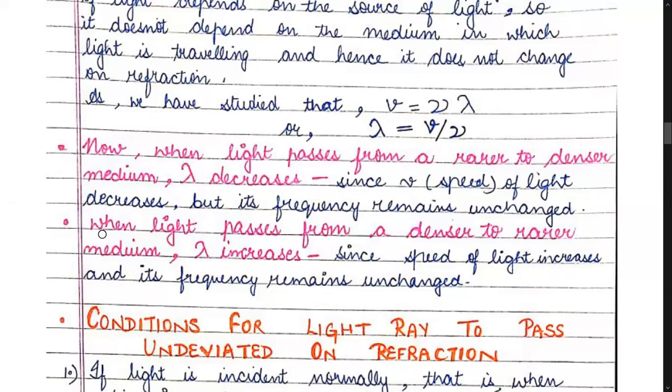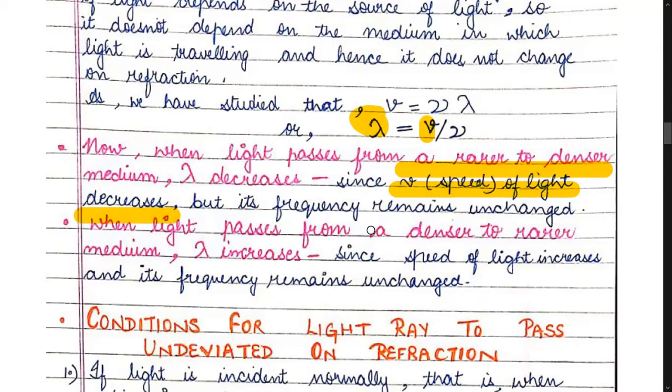Speed increases when light goes from denser to rarer, but now the case is rarer to denser. So when light goes from rarer to denser, the speed of light decreases. If speed is decreasing, the wavelength will also decrease, since they are directly proportional to each other,